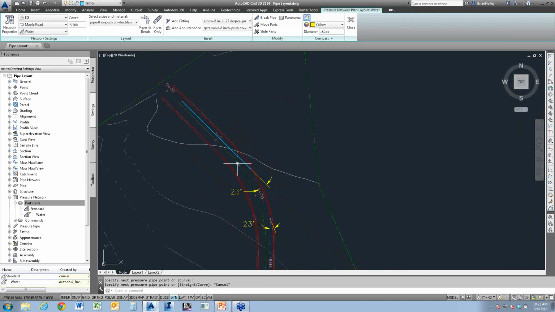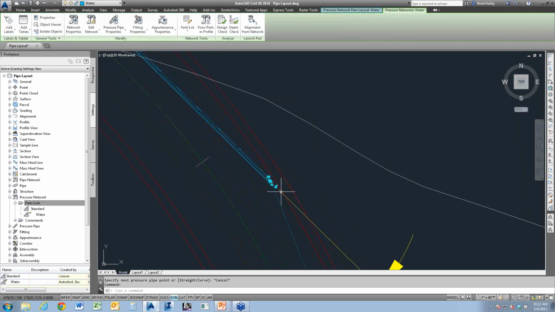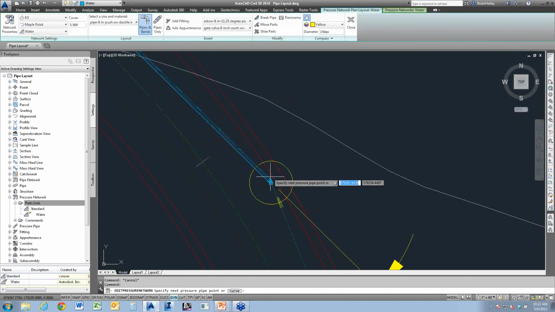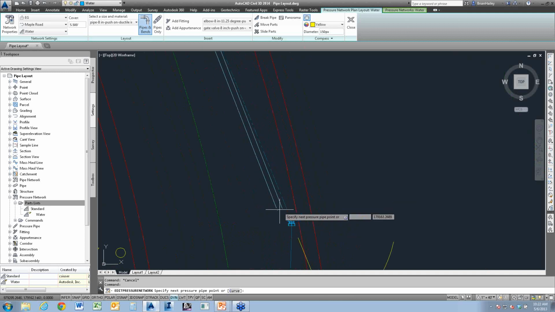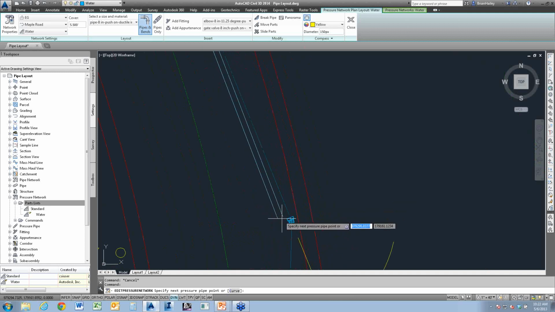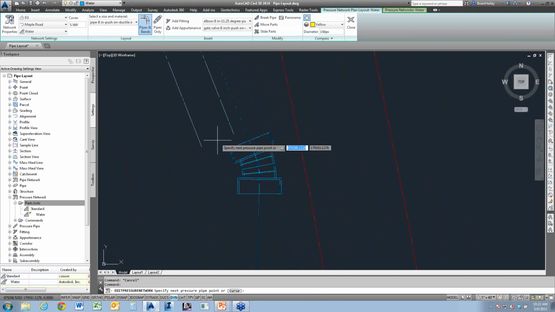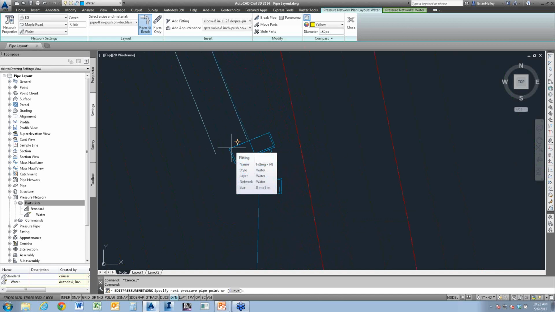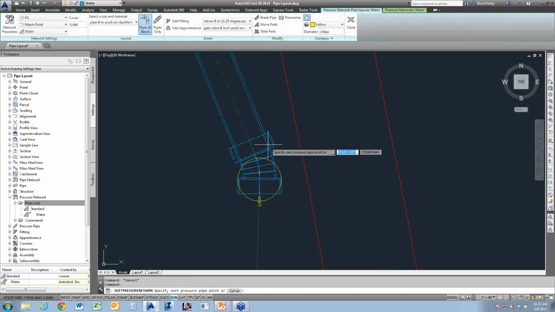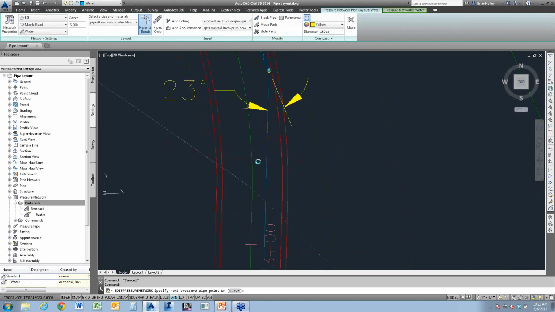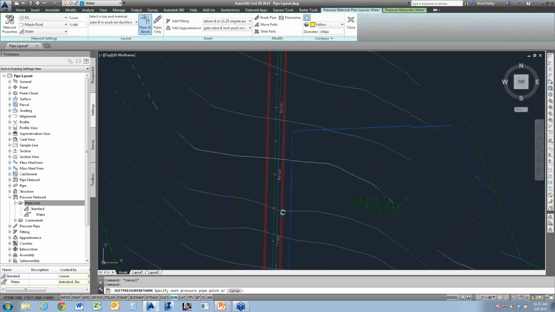All right, I'll just go ahead and cancel out of that. I'll grab that same fitting again, hit the other little plus symbol, and now I can continue off the other direction. And you can see as I drew this, I'm within that allowable deflection. So I'll now simply mouse over this next fitting. I get that same little glyph that we saw with the pipe networks. I'll left click when I see it, and it connects that pipe to that fitting.